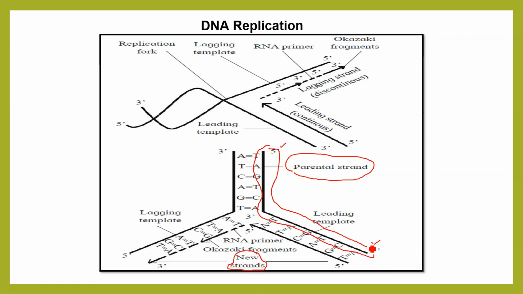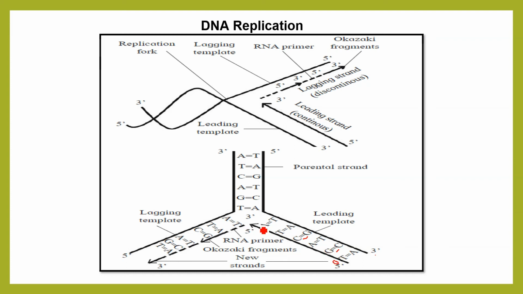There is an important enzyme called polymerase. Now this polymerase always works in the 5 prime to 3 prime direction. It means this is the 3 prime. So here the polymerase enzyme which is going to come will start from 5 prime to 3 prime. That's why the arrow is pointing this side. Once this polymerase comes, it will start adding the complementary base pairs. See, thymine will go with adenine with 2 hydrogen bonds, but G will go with C with 3 hydrogen bonds. Wherever there is C and G, there are always 3 hydrogen bonds.